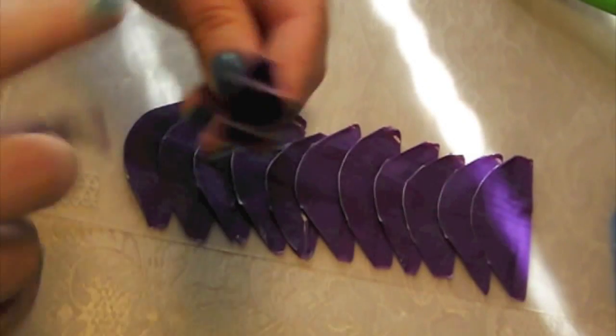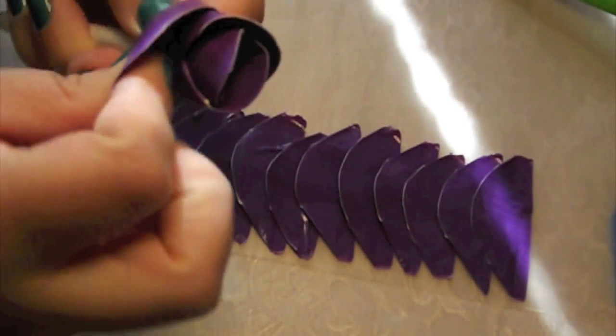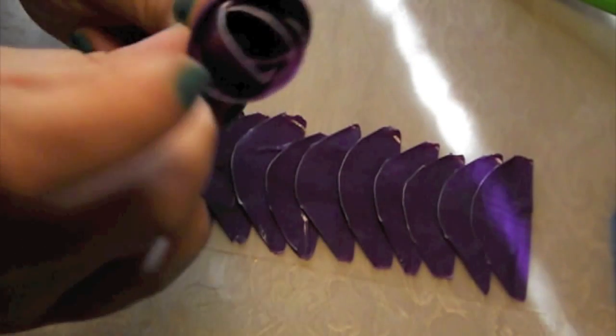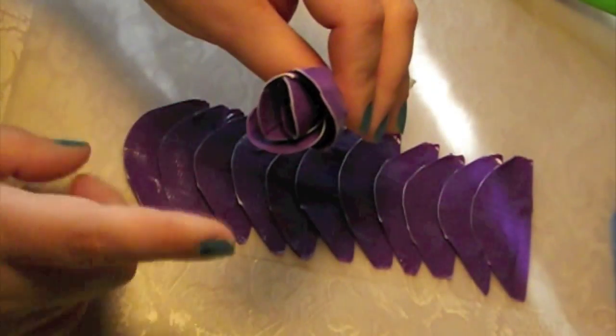So once again, start in the center of the last one, wrinkle, make a crease, and then you can see it starting to take shape. Now at this point I'm just going to speed up the